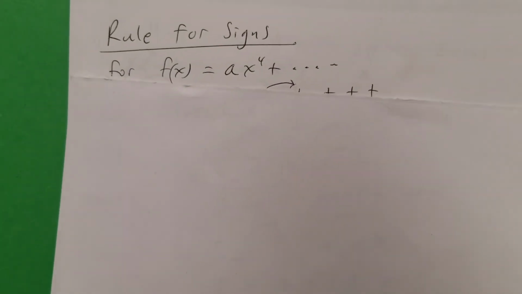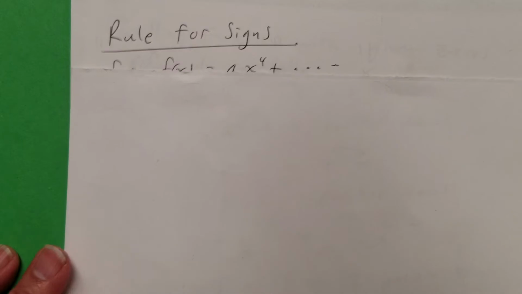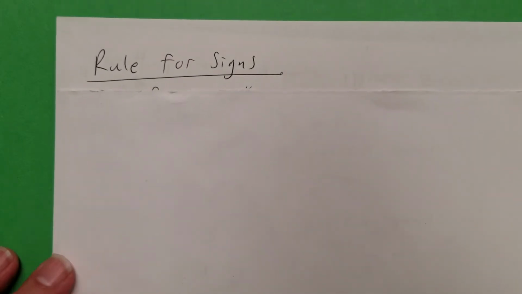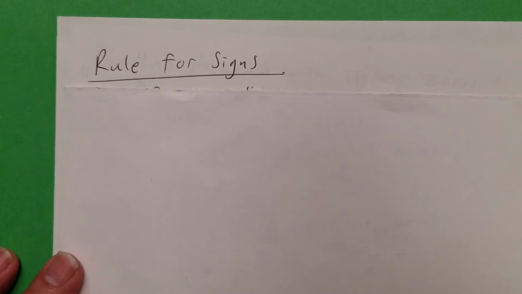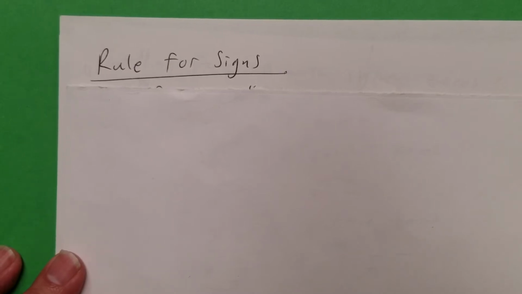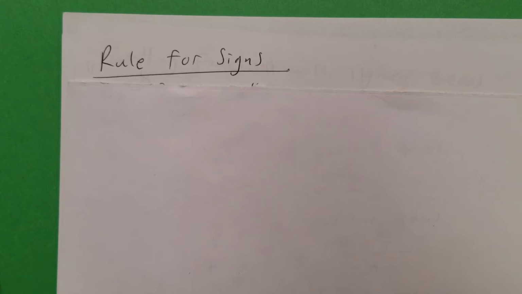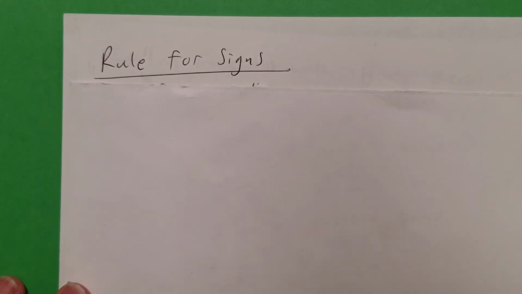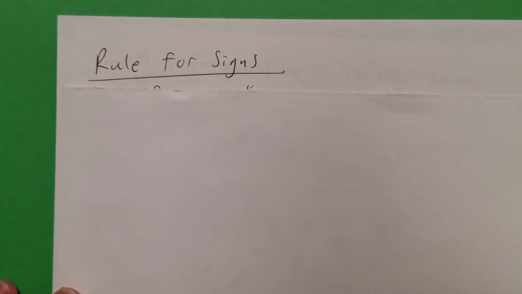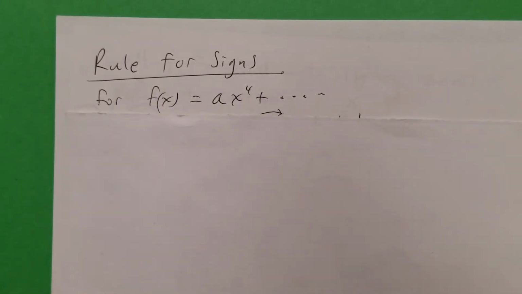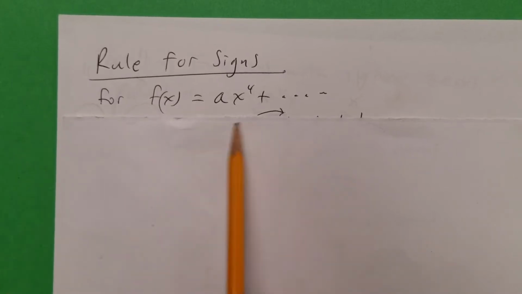Just by looking, no synthetic division, no long division or anything. Just by looking at the polynomials, there's a rule of signs. That's all you do is look at the signs, and if the following happens, then you have more information about the zeros. Okay? Now, suppose you have a long